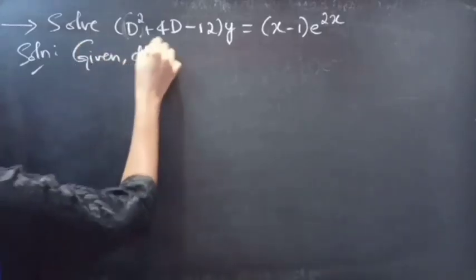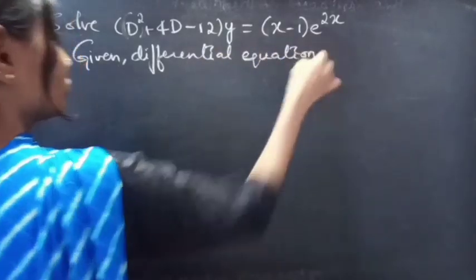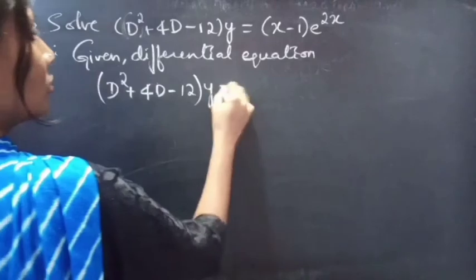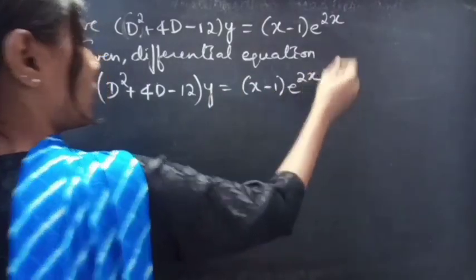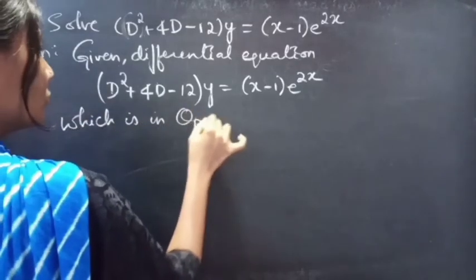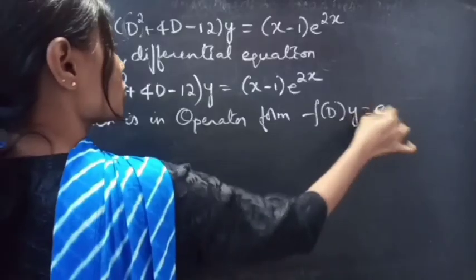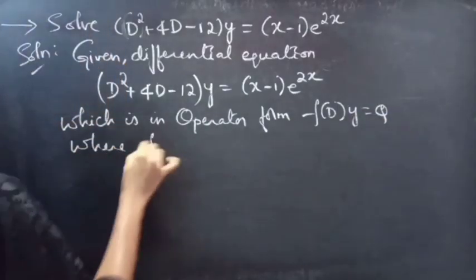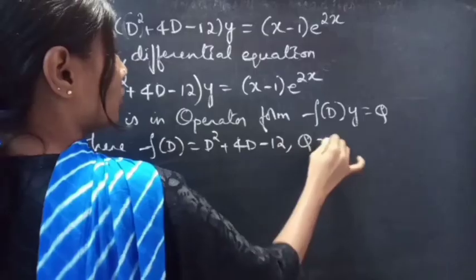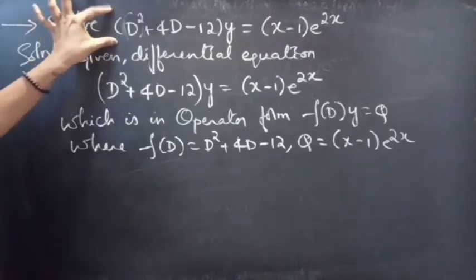Given differential equation, (D² + 4D − 12)y = (x − 1)e^(2x), which is in operator form f(D)y = Q, where f(D) = D² + 4D − 12 and Q = (x − 1)e^(2x). Now we need to find the general solution to the given equation, which is given by y =